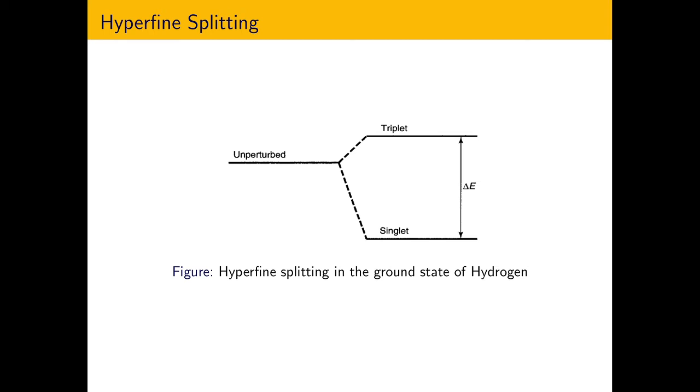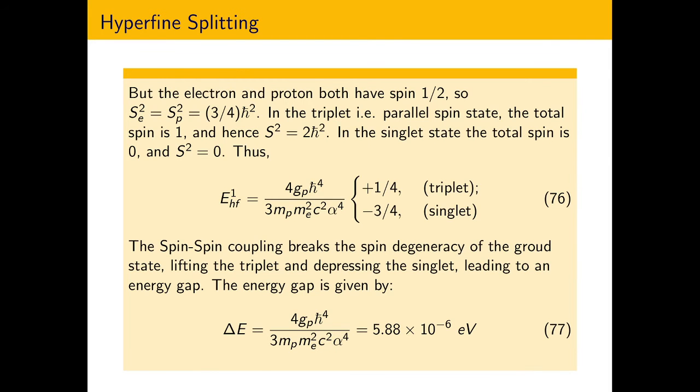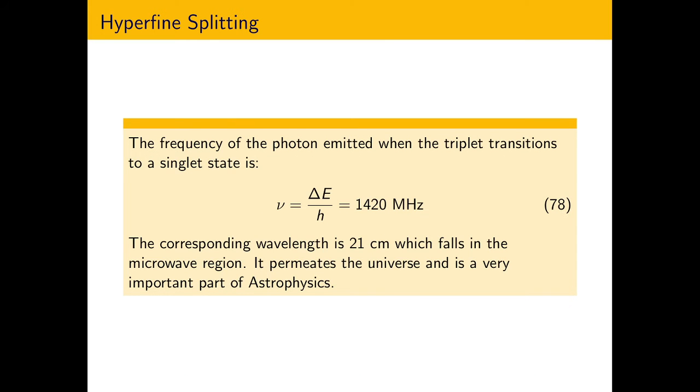and you find this here. Well, you might ask, why is all of this so interesting or important? I'd just like to give one example based on hyperfine splitting. This delta E is very interesting to us, because if I take this and calculate the frequency, it's 1420 megahertz, and interestingly enough, the corresponding wavelength is 21 centimeters, and I hope this rings bells, because 21 centimeters is a form of radiation that falls in the microwave region,